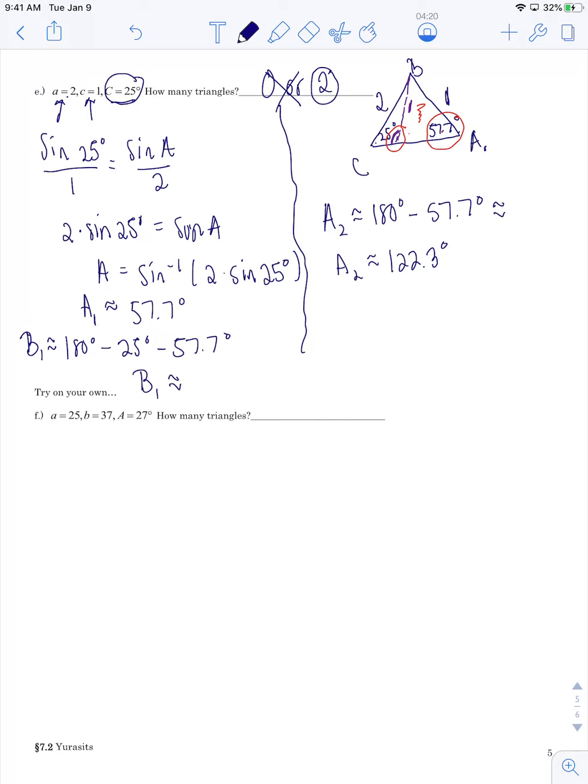And we end up getting, and I'm going to run out of room, but you know what I'm going to do, I'm just going to take away this so I can show all of this. So we end up getting 180, take away 25, take away 57.7, about 97.3 degrees. And B sub 2 will be, because, again, this obtuse triangle has to add up to 180. So that's 180 take away the angle that we were given, that cannot change, take away the angle we found. And we get about